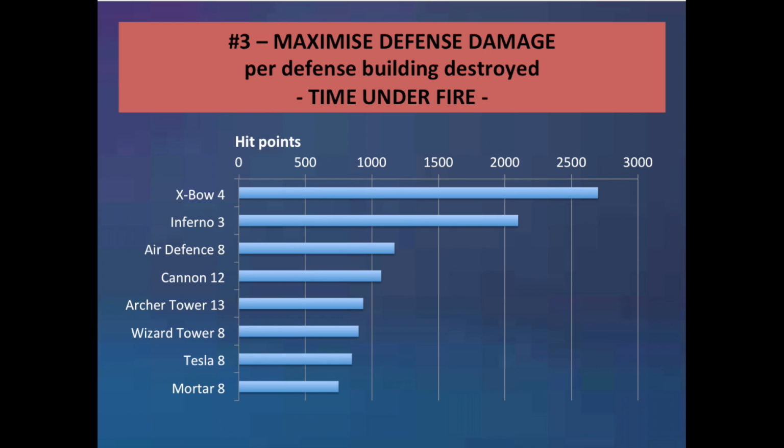Now, next on maximising defence damage, important concept, time under fire. You need to, the critical buildings, so what I've got here is a graph of hit points per building for the defences. Now, what you can see is the crossbow is by far the highest hit point building. So the reason why I raise that is because